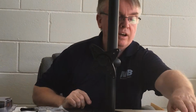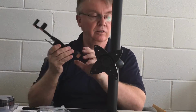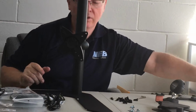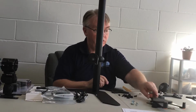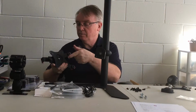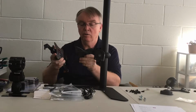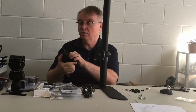So I have a tablet mount already out of its package here, so this is kind of what they look like, and I'm going to attach that to the VESA adapter, and there's an arrow on the back of the mount that points up, so you can just kind of fold it out. So the up arrow and the receiver here should be in the same direction,